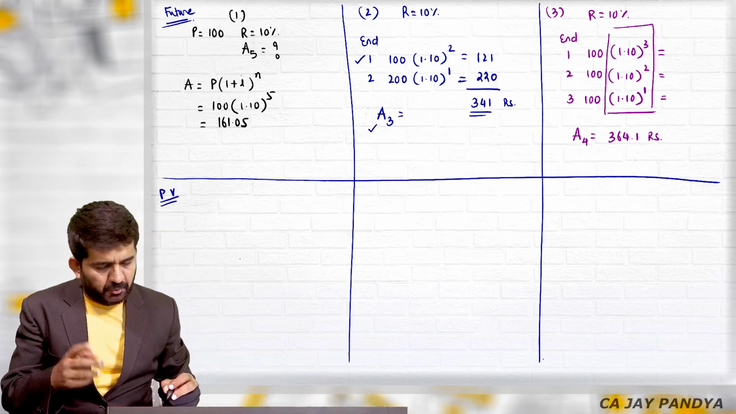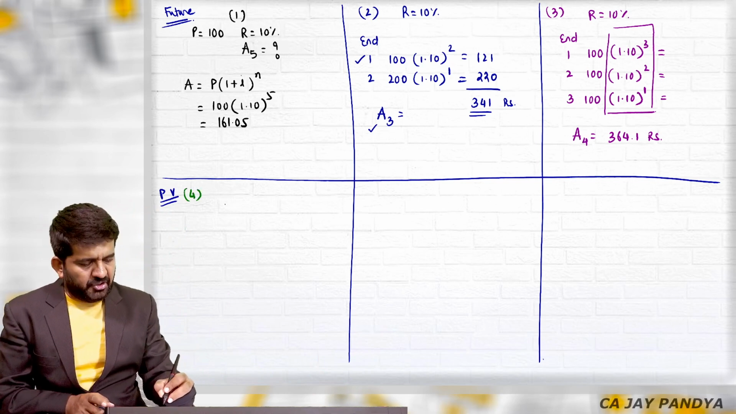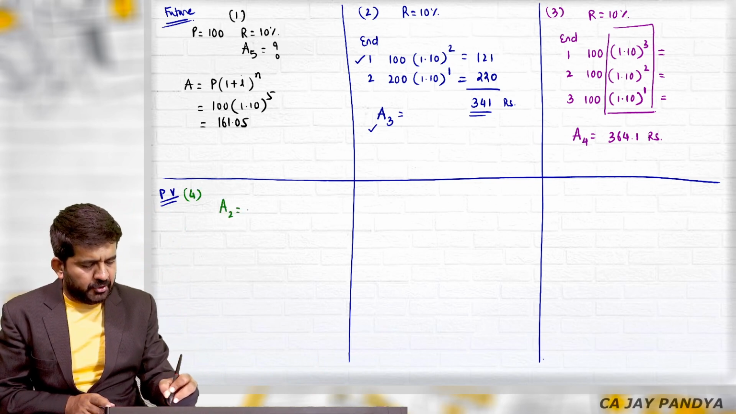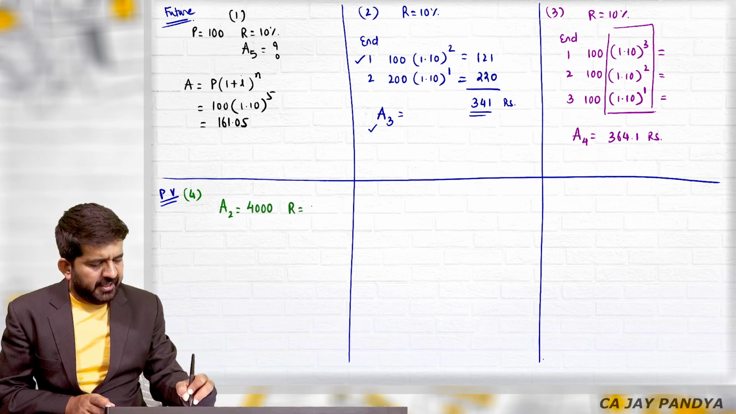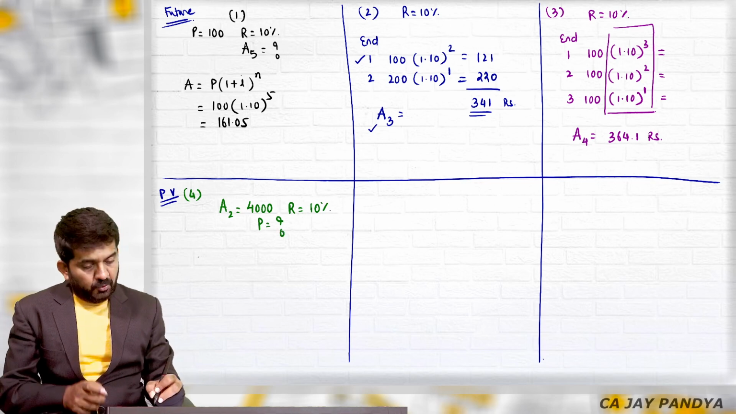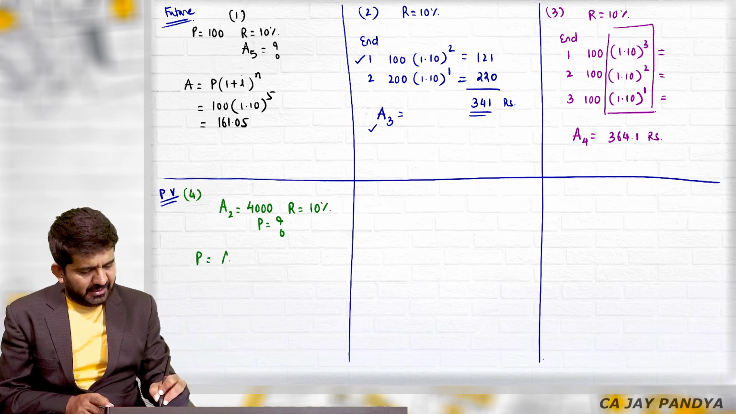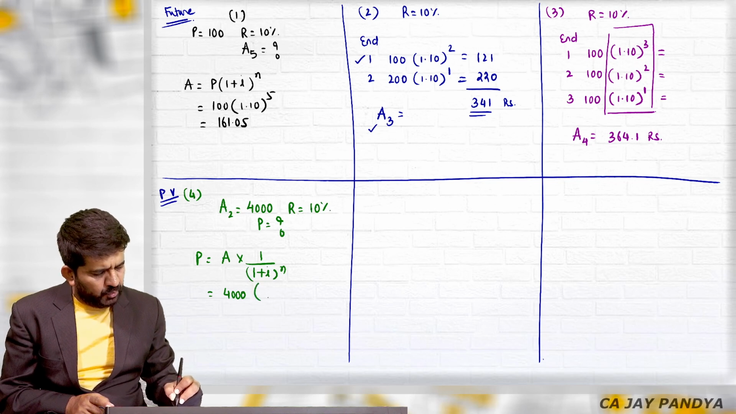Category number 3 questions. Category number 4 questions. Simple question of present value. Amount after 2 years is say 4,000. Rate of interest is 10%. What is present value? How to find out present value? Is A into 1 divided by 1 plus I raised to n. Here 4000 into